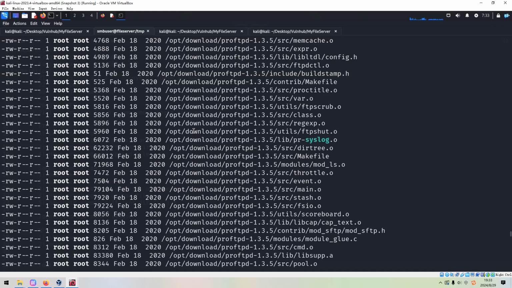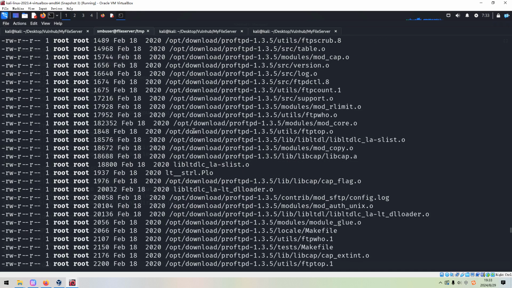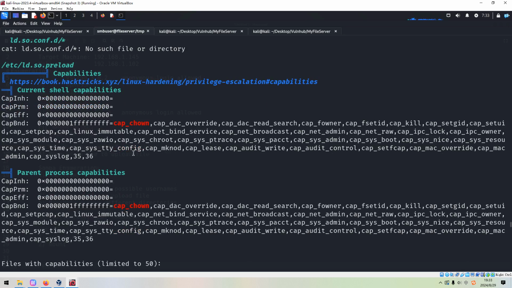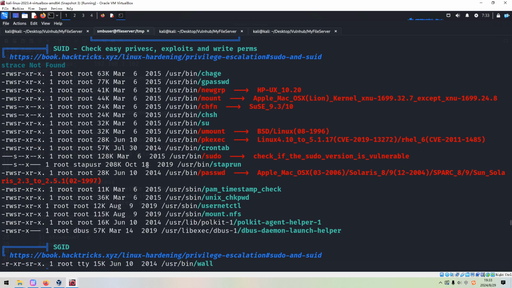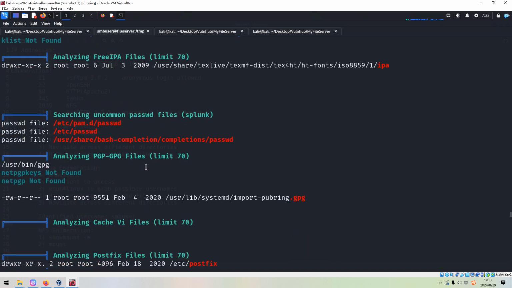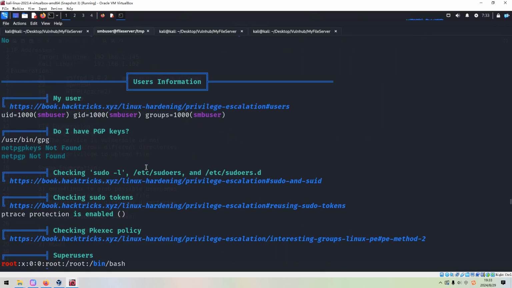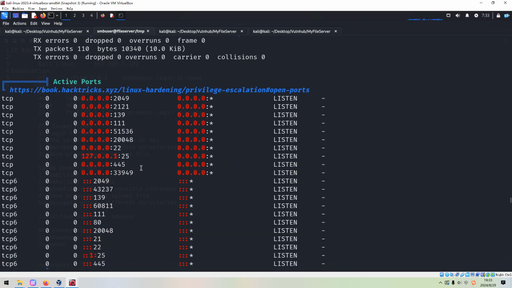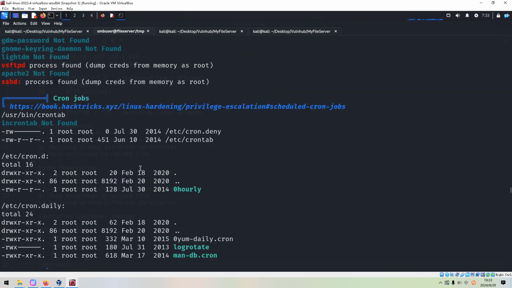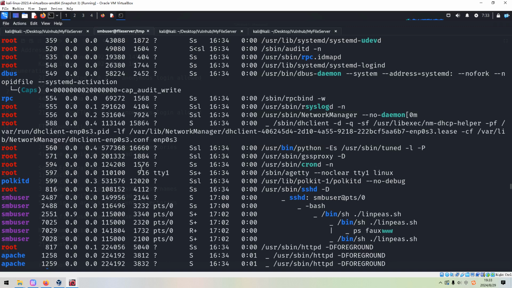When we use the manual way to enumerate, very possibly we will miss something important, right? The capabilities for the libraries, for the binaries, SUID bit, okay, active port number, cron job information, process information.